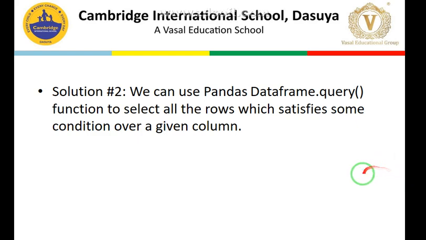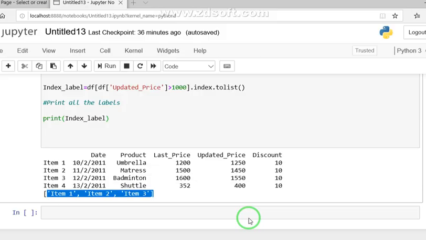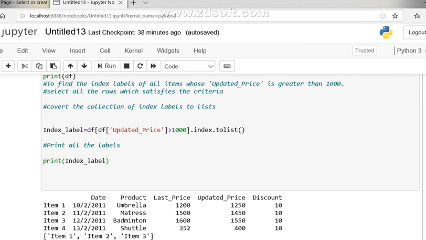So moving to the Python platform. Now students, in the same question, our objective is to use the DataFrame.query function. So I am going to make changes here.